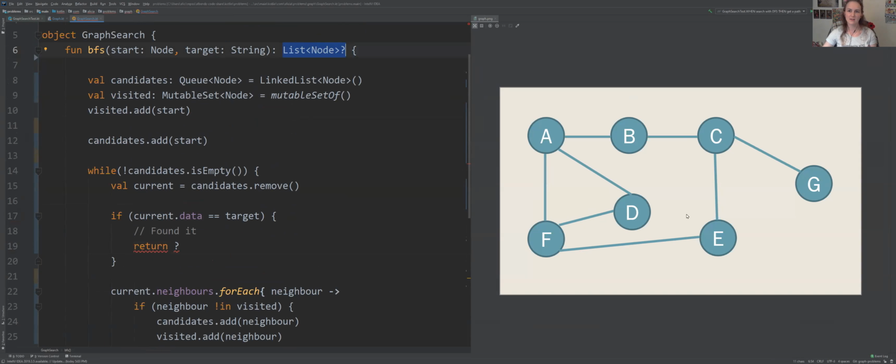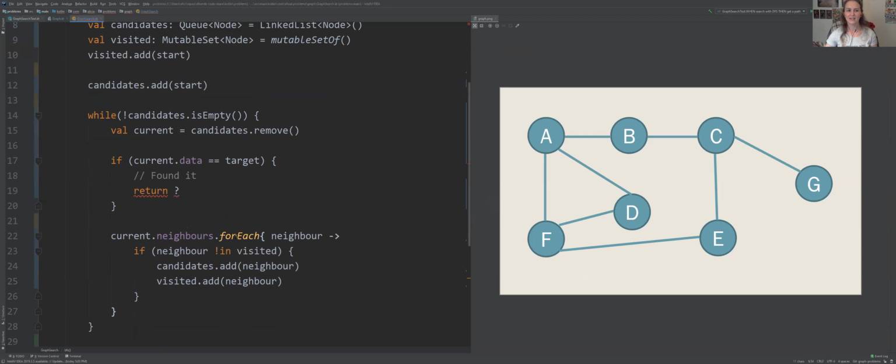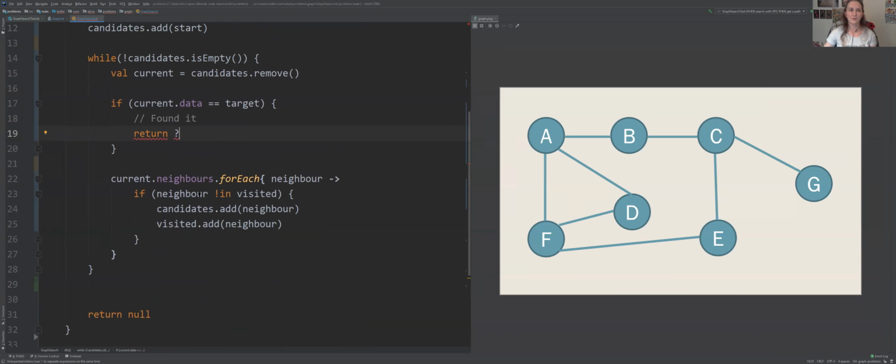So if I'm in this graph and I want to go from A to G, I need to go A, B, C, G. I need to somehow track that. So how am I supposed to do that when I just went and found all the nodes? How am I supposed to remember? There are different ways to do it. And my way of doing it,